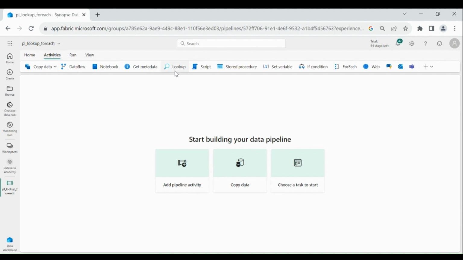At the top, you can see Lookup Activity and For each activity. We have some dummy tables in our data warehouse, so we wanted to drop those tables, but we don't want to manually drop it one by one.